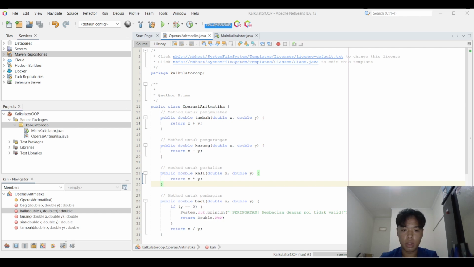Okay, so next is about the program. In this program, the user can perform simple arithmetic operations such as addition, subtraction, multiplication, division, and modulus through method calls from an object. By applying the concept of objects, each calculation process becomes more organized because it is carried out through an instance of a specific class rather than using procedural functions as in conventional programming.